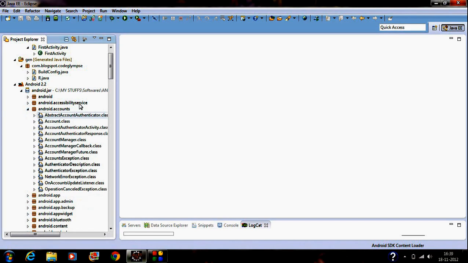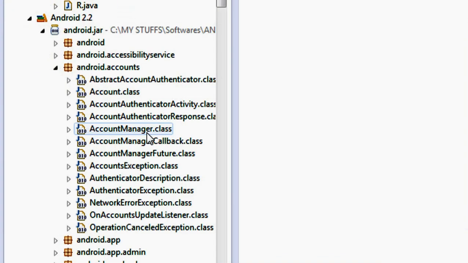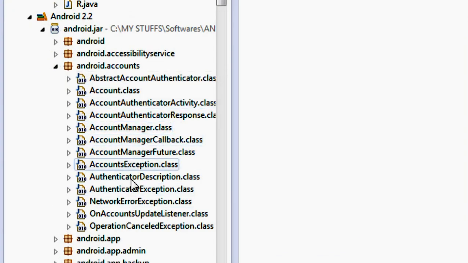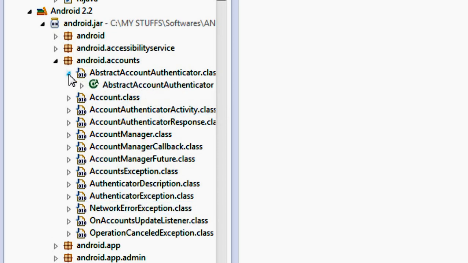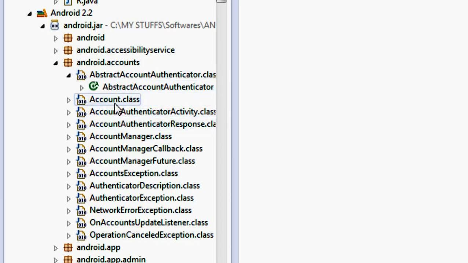By expanding each of these packages, you can see a lot of class files. These are the class files needed for compiling your Android project, and they contain methods. These are necessary and essential for compiling and running your Android project.